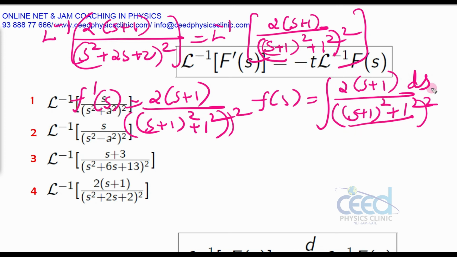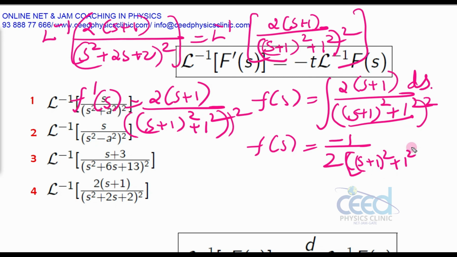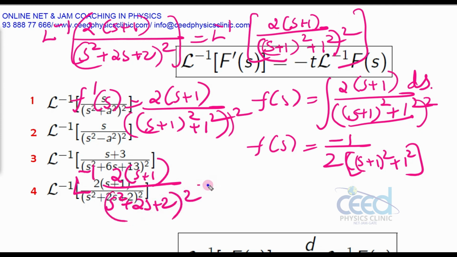So 1 by t square dt will be equal to minus 1 by 2t. So f of s is equal to minus 1 by 2 into t, where I am taking t as s plus 1 the whole square plus 1 square. So this will be the final result. Once I know this, I can substitute it here for the Laplace inverse of 2 into s plus 1 divided by s square plus 2s plus 2 the whole square. I can apply this property, minus t into